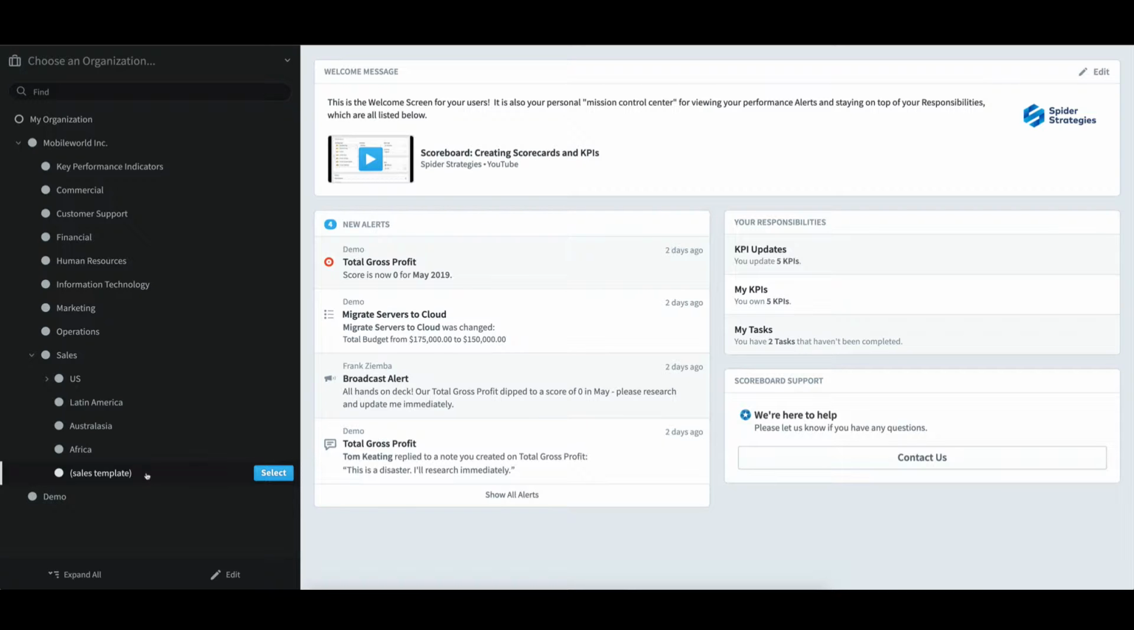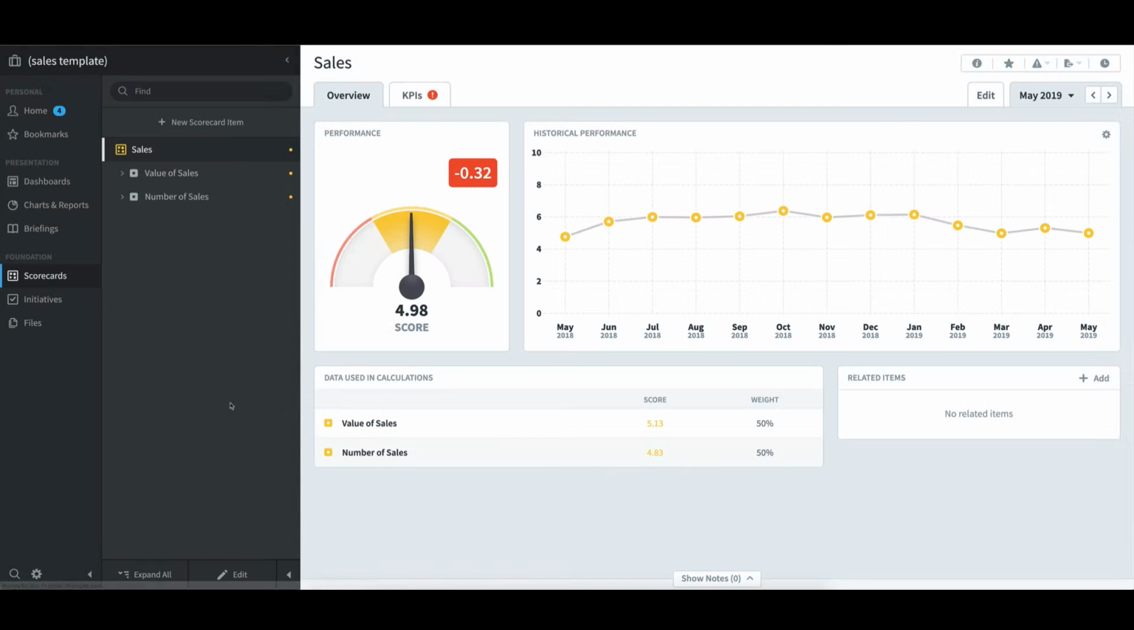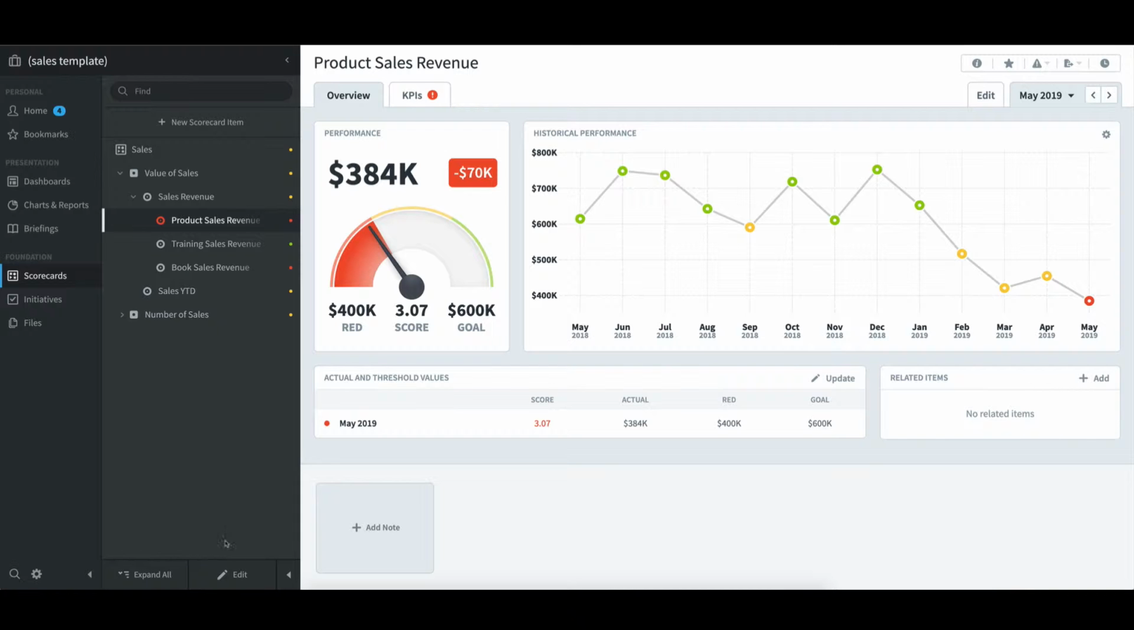To review this in more detail, I'll select Sales Template, and then within Scorecards I'll review the structure to see that there are two themes at the top level. Beneath that are KPIs, and in some cases sub-KPIs. If I click on Product Sales Revenue and then select Edit at the bottom,